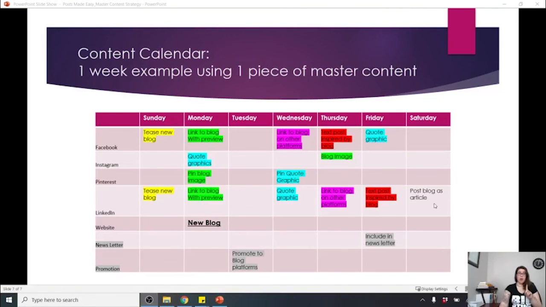So we have taken that one blog post and we have created all of this content, and it'll take a little bit of time to create these little extra pieces, but you can see how much we've reused them. And we've used them on almost all platforms. So it just saves you so much time, so much brain power to really just peruse your blog post that one time and come up with these great ideas or these little quotes or these concepts that you think will really interest people. And then you're able to use that to promote people back to your website, where you're able to capture them to your email list and really just continue to grow that relationship with them.